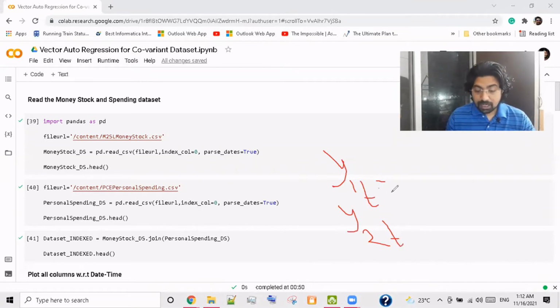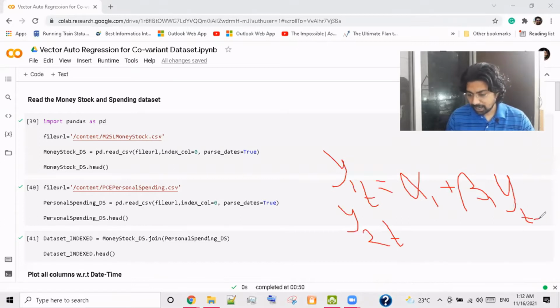In the auto regression model, there is a constant factor alpha 1, and then there is beta 1 times y at t minus 1, t minus 2, t minus 3. Let's say in this case it is only one lag dependent. And then there is some error factor, right? So this is the whole and soul of the auto regression model equation, and the same for y2 as well. But if these two can influence each other, or they are co-integrated, or they can cause each other,